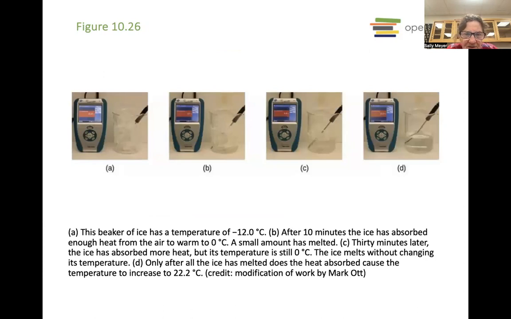Okay, so this is talking about the process of melting. So that idea that as something melts, the temperature stays constant. So let's say you take some solid ice and you start to heat it up. As you add that heat, the temperature is going to rise. When you get to 0 degrees, which is the normal melting point of ice, then while the ice melts, you're